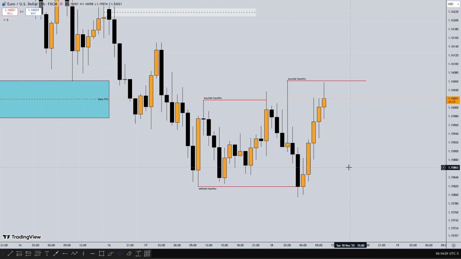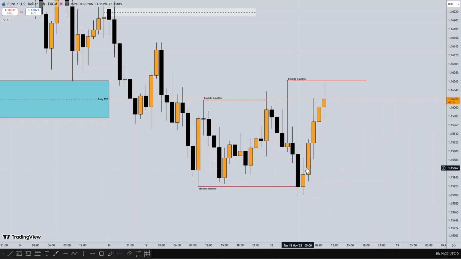You can still apply this strategy during the London session, but I have been using it on the New York session, and I've been finding a lot of moves and catching good trades during the New York session volatility. So in this example, you can see price took out sell side liquidity, and currently price is going for the buy side liquidity. Now, how I come across this bias of anticipating higher prices for price to run the buy side liquidity is that as soon as price took out the sell side liquidity, this is what you do